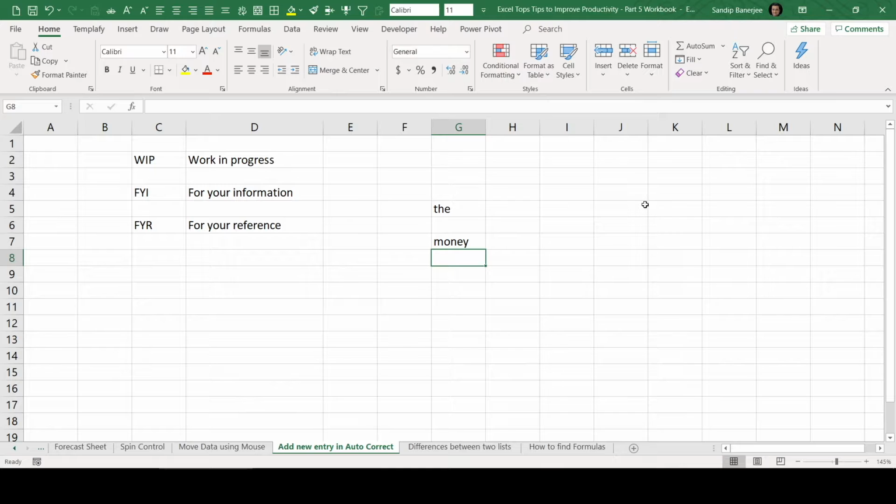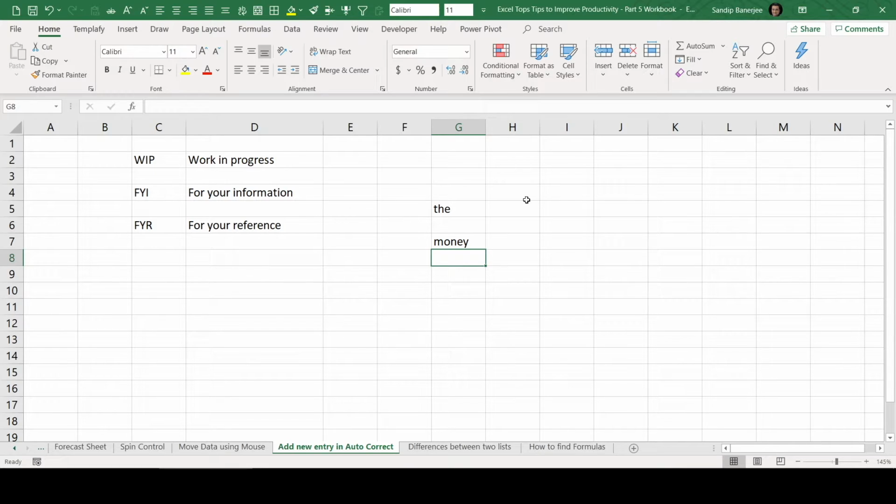Maybe in your day-to-day activities you are already using some acronyms, but instead of those acronyms, you want all your Office products, Excel, Word, PowerPoint, to automatically convert them to full words. Let me talk about some of the examples I already wrote here. That is WIP, which is work in progress. FYI, for your information. What I would like to achieve is to add WIP and work in progress within MS Office, so that whenever I write WIP and press enter or space, it will automatically change to work in progress.